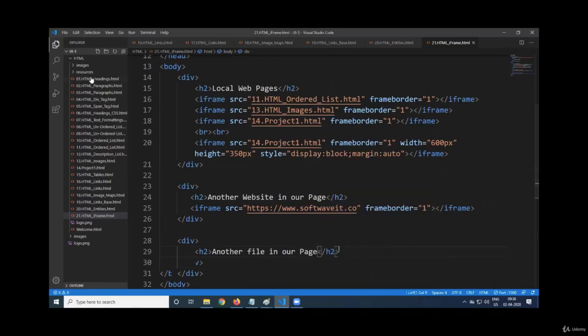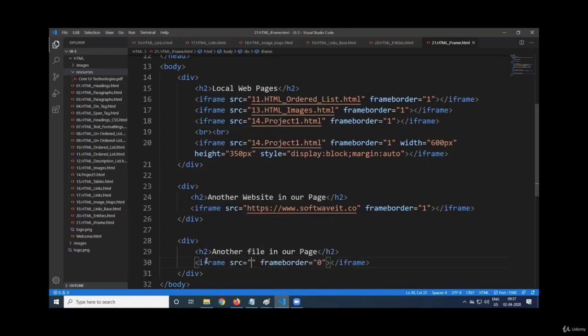So here we got resources. Inside resources, we got core UI technologies.pdf. So this PDF file we want to integrate in our page, something like a government website. In a government website, they have got some government orders. So how to keep that government orders in the government website itself, so that they use the same thing.